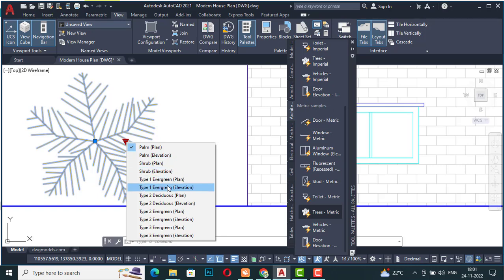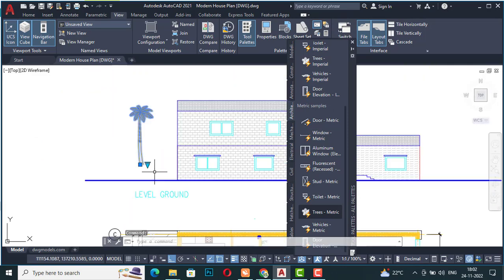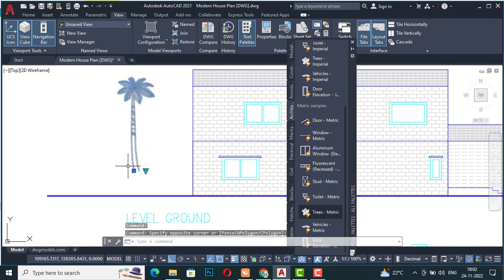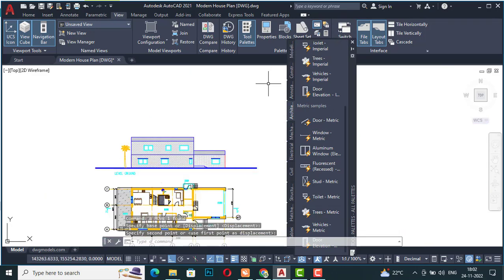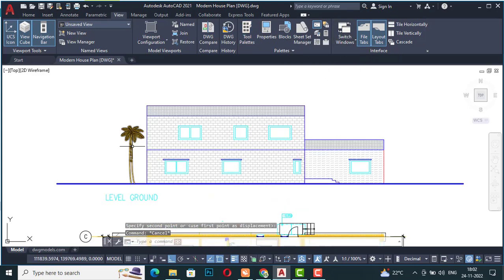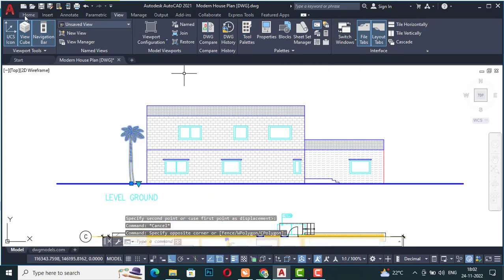You can also draw some other trees. You can see some deciduous trees, plan and elevation. So I'm going for plan of palm tree, and this is the elevation. So I'm going to select this elevation here because this is the elevation drawing. So I'm going to select palm elevation, and you can see this has turned into elevation, and you can move this here. So you can close this tool palettes here,